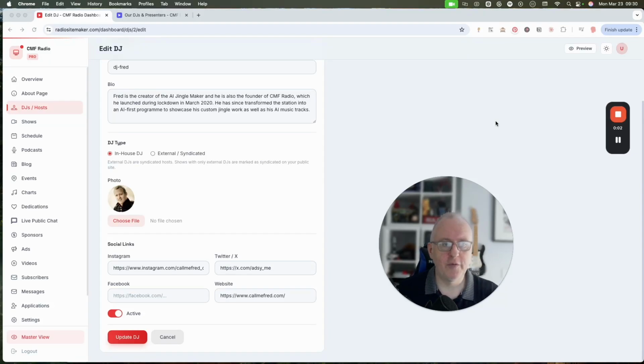I want to show you a few of the new features that I have added to RadioSiteMaker.com. First of all, if you go to the DJs hosts tab in the sidebar, you will see now that